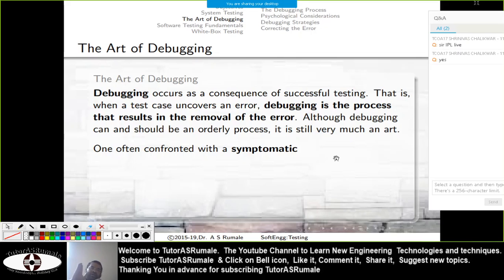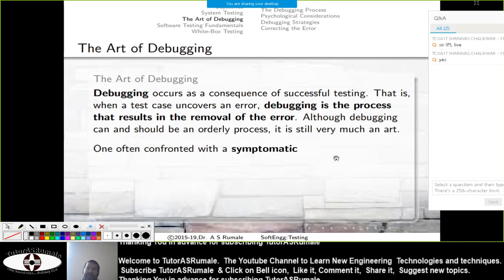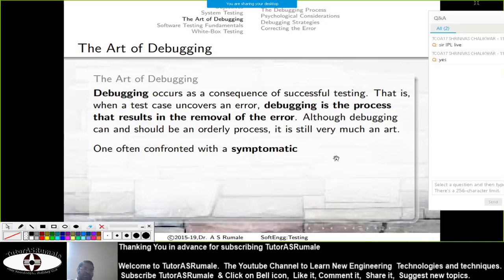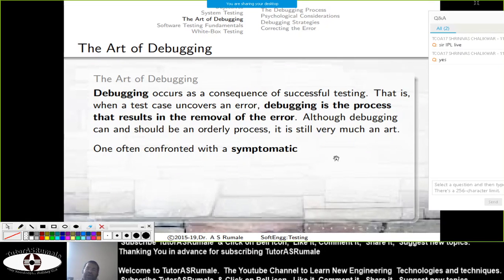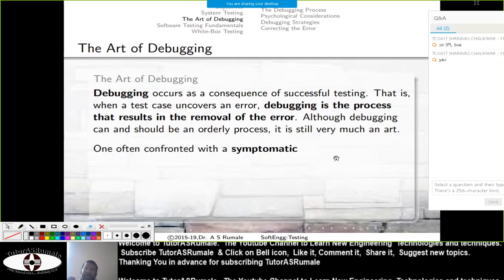In computer software also, there are two types of errors. One is called semantic, another is called syntax errors. Syntax errors are symptomatic. You can easily correct them.